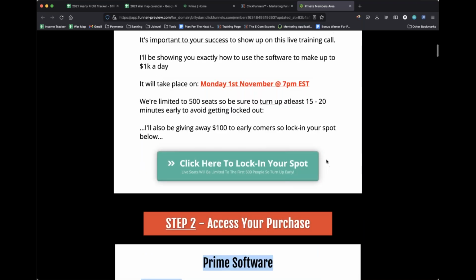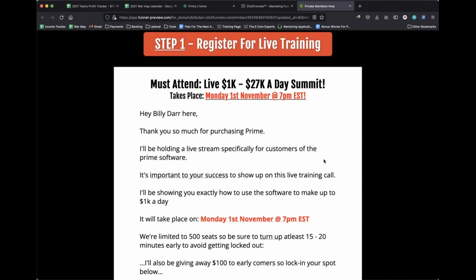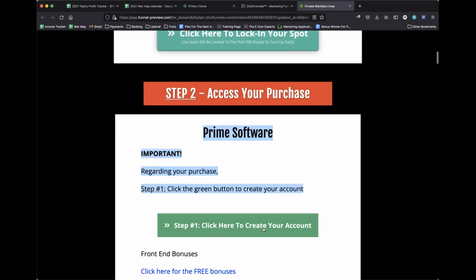So step one is obviously attend the call, which you all done. Step two is click on this button, and that will create your account for you. We're going to go through that in a moment. But some of you might be saying, Billy, how do we actually get to this page? Well, there's two ways. The first way is you would have received an email from myself, Billy Dar, in your